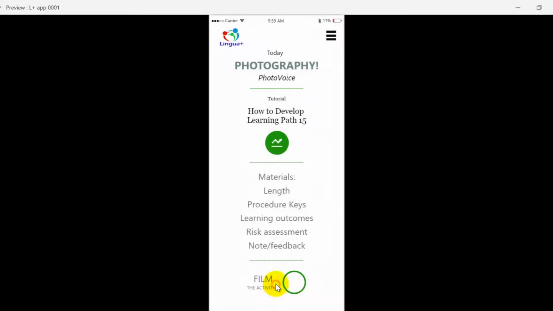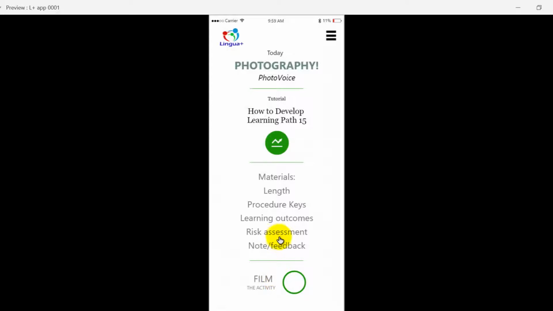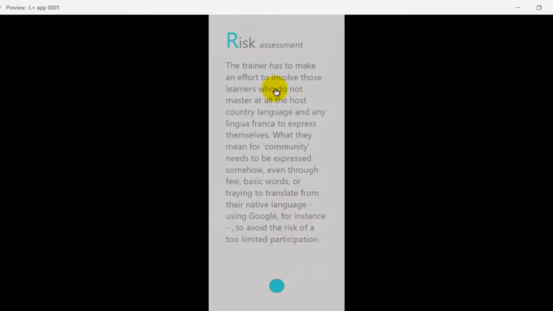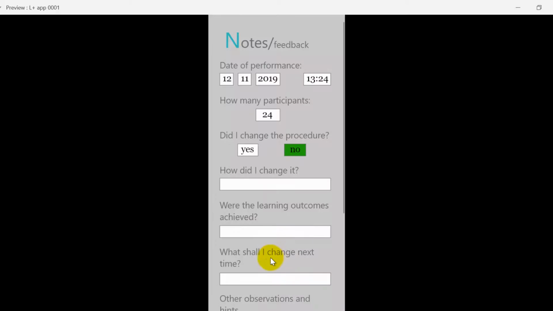Back again on the button, you go on learning outcomes. In the learning outcomes, you see what your learners will achieve after the activity. And then back to the risk assessment to see what are the parts that you need to check and to be careful about during this learning paths development. Then you go back and you have note feedback where you can record and save your own activity